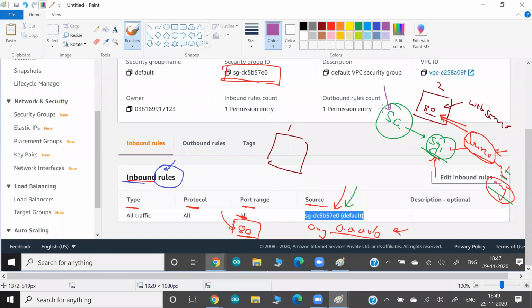For example, if I write a rule in this security group, and the rule says if anybody tries to come on port number 80, and if the source is IP1, we only allow IP1. If the source is IP2, we only allow IP2. If the source is any, we allow all the IPs. But if the source is the same as my security group name, so what I'm saying is, in my security group, anybody who comes in for port number 80, and the source is security group 1,